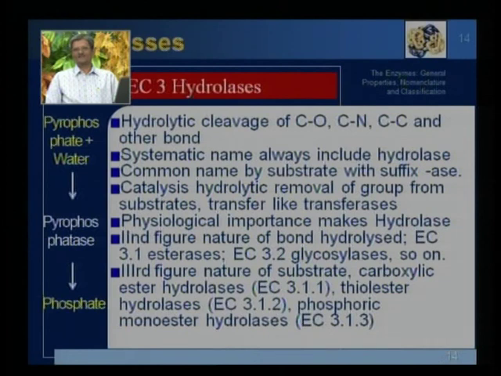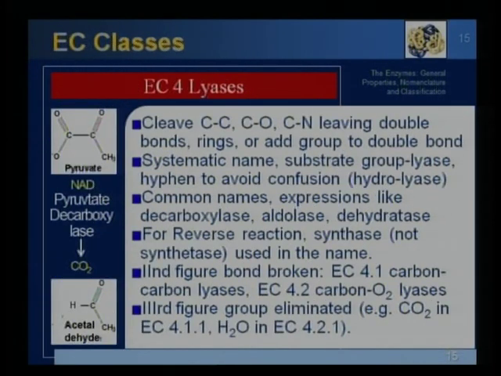Molecules in the presence of water to inorganic phosphate molecules, and the enzyme is known as pyrophosphatase. The fourth class of enzyme are all lyases, which are able to cleave C-C bond, C-O bond, and carbon-nitrogen bond. But interestingly, they are different from the previous class in a way that they leave behind a double bond structure,